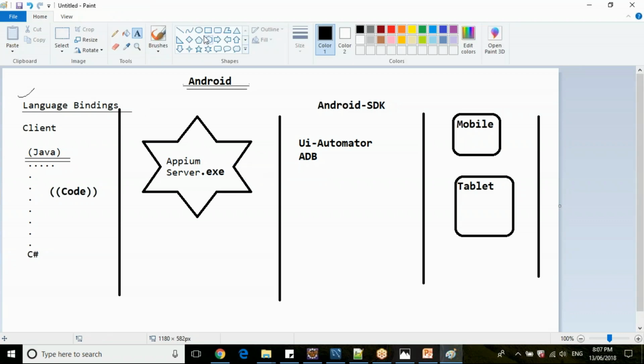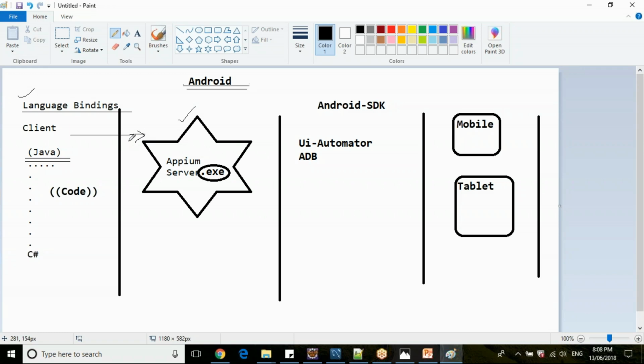When you install this exe file in your machine and run it, you will get an APM user interface. There you will get a button called the Start button. When you start this APM server, it will start listening to the client.